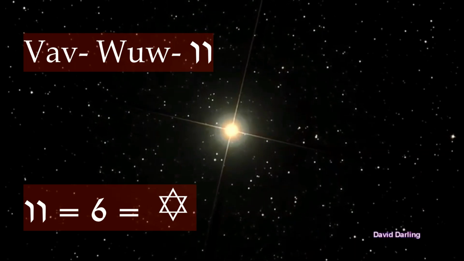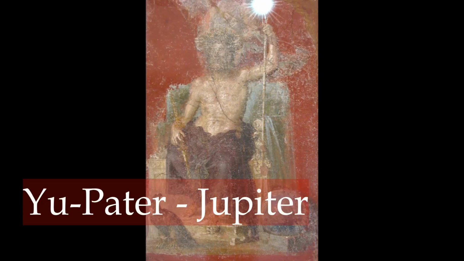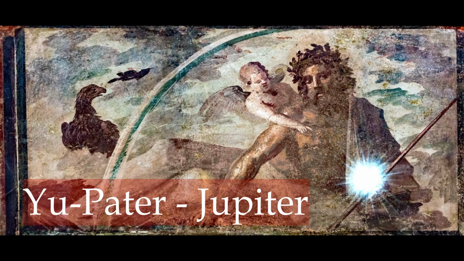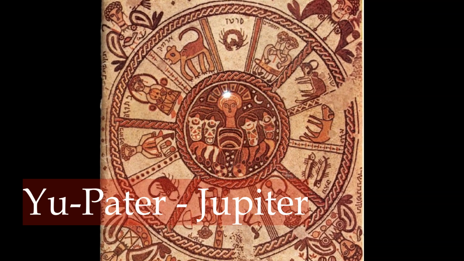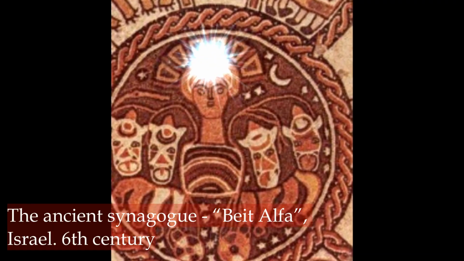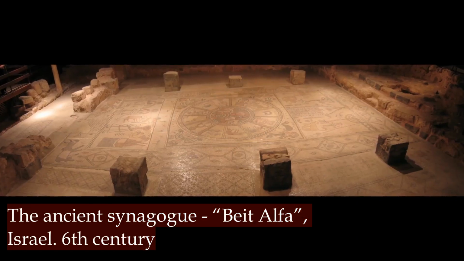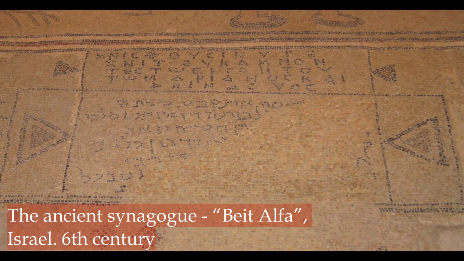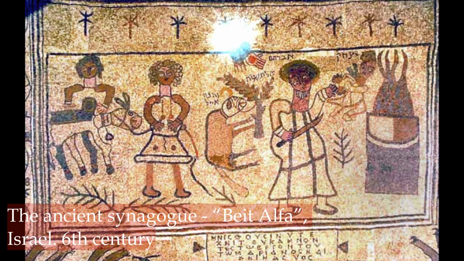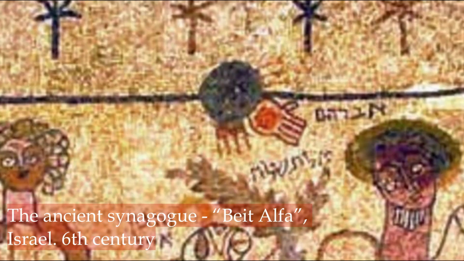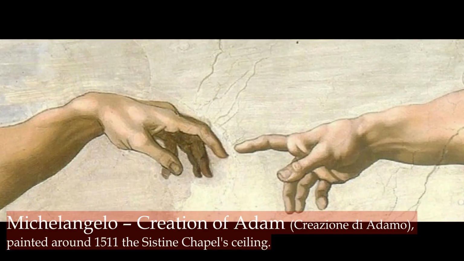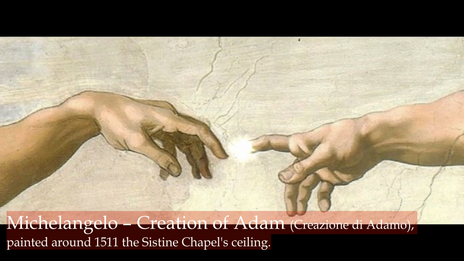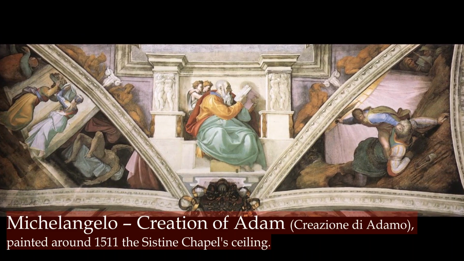The name also appears in the Greek pantheon of gods, as the elder father of the gods, which became in Greek Pater, deriving from the combination of the Greek word for father, pater, turned into Jupiter. The above things regarding the name of God are the tip of the iceberg, in the essence of the essence, and on the tip of the fork of the information which you can find in the 4-volume book. In the depiction, the hand of God mosaic discovered in the excavations of the ancient synagogue in Beit Alpha, Israel, 6th century AD. And in this depiction, a part of Michelangelo's Creation of Adam, Creazione di Adamo, painted around 1511